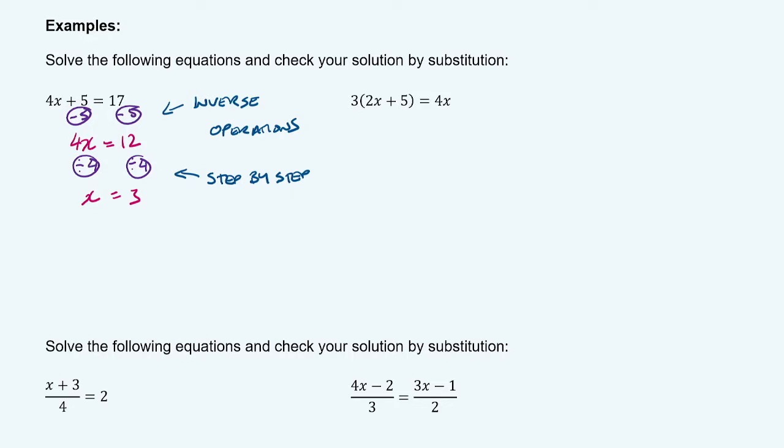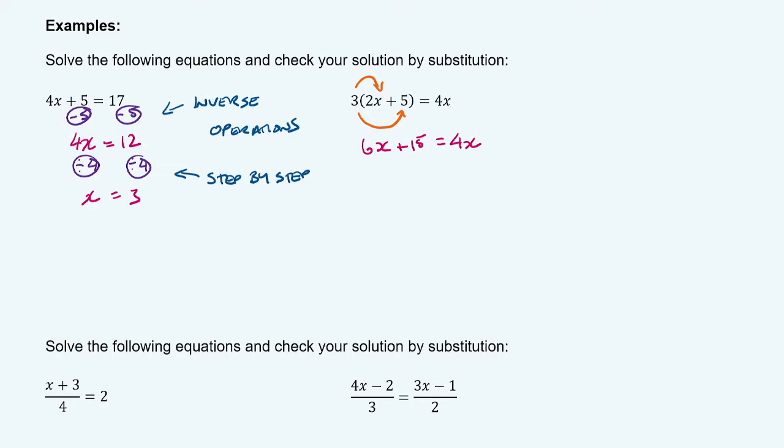Our next one here, we have some brackets, so we now need to expand brackets first. So I need to expand by multiplying that way and multiplying that way. Now I highly recommend putting those little arrows in so you don't forget to do all of your multiplications. So we're going to have 6x plus 15